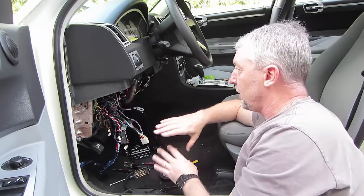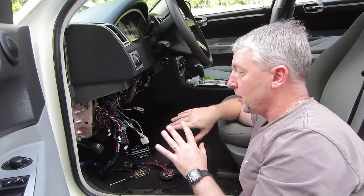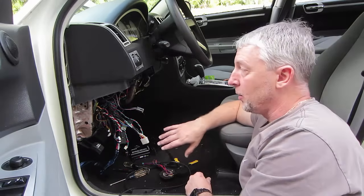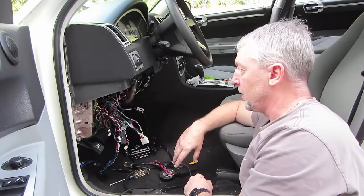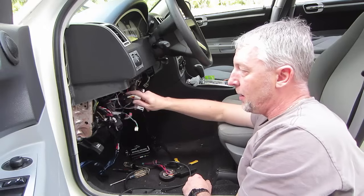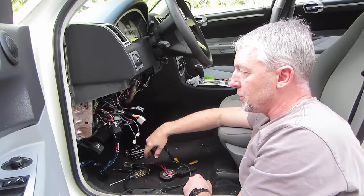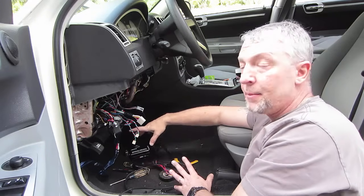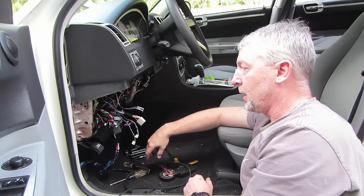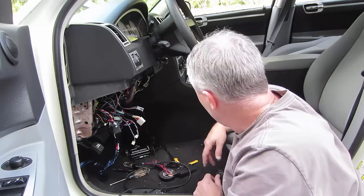Because once this is done, this car is going to look 100% stock, and the new system is going to go in here. But I would never advise you or anybody to put an alarm system on top of something like this, because this thing is serious. There's a lot of stuff going on here. At the time that this installation was done, this was top of the line, state of the art, whatever you want to call it. Today, it's totally not. I mean, actually, believe it or not, the new system that's going in here